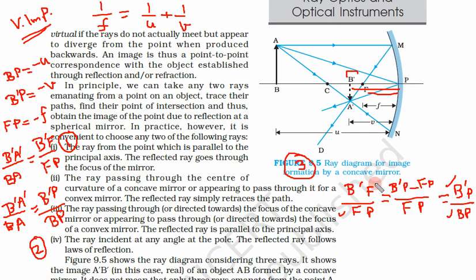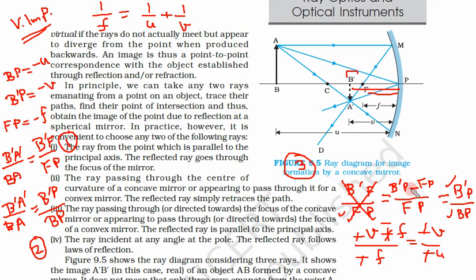Now in these 3 steps, this mirror equation is now solved. Now let us put the values in these terms. What is B'P? B'P is minus v. FP is minus f, and 1 minus is already here. So this is plus f divided by FP. FP is minus f. Right hand side we have B'P, which is minus v. And what is BP? BP is minus u. So first of all, let us cancel out this minus sign and this plus will become minus. So what is our equation?